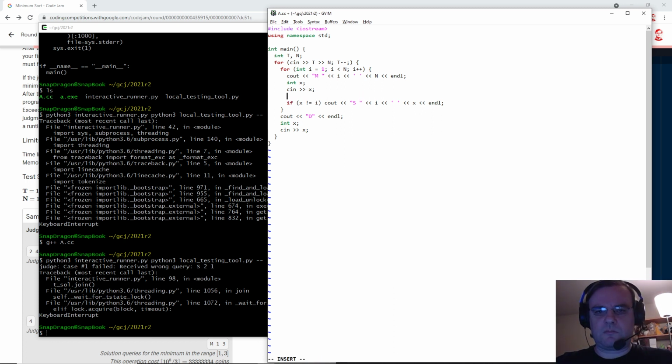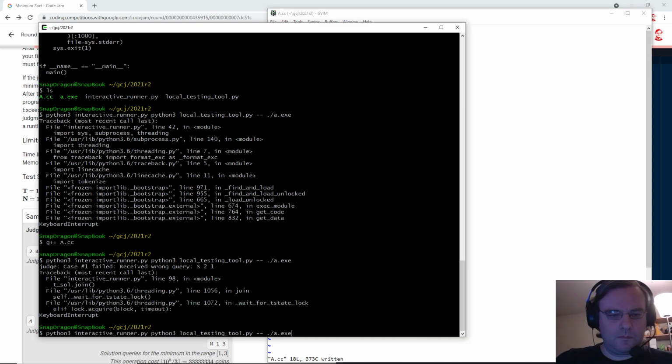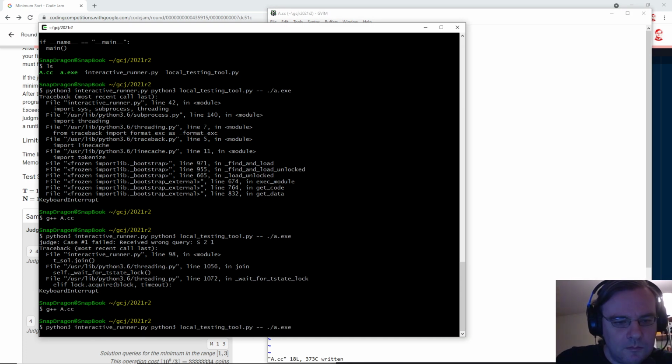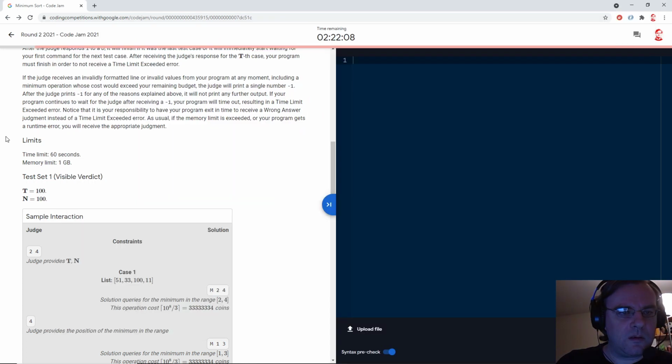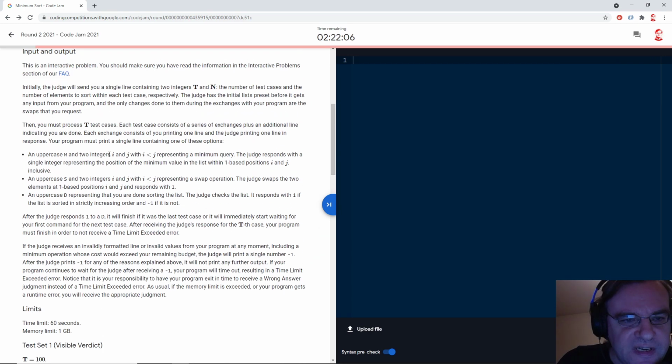That's interesting. I must be misunderstanding what M does. Position of the minimum value in the list within one-based positions i and j inclusive.